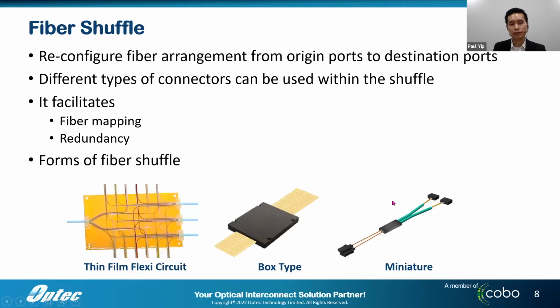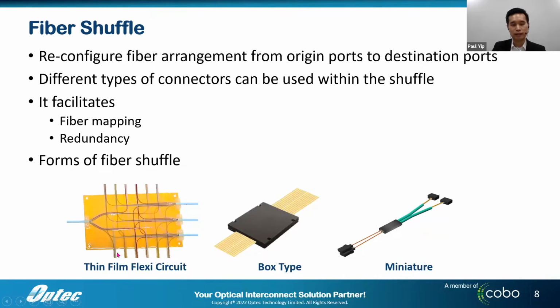So the fiber shuffle: the idea is to bring the fiber from one port, which I call the original port, to the destination port. In the middle, we can rearrange the fibers so that they connect from multi-port to multi-port. It can also go in different directions as we need, and the connectors can be of different types,